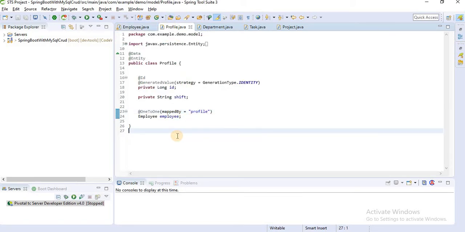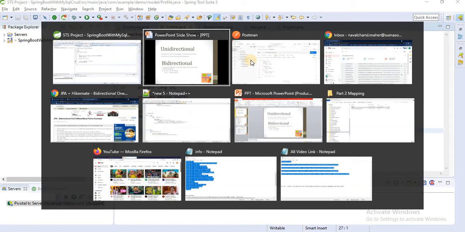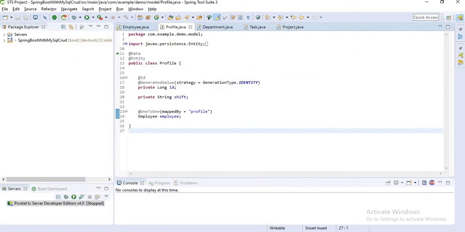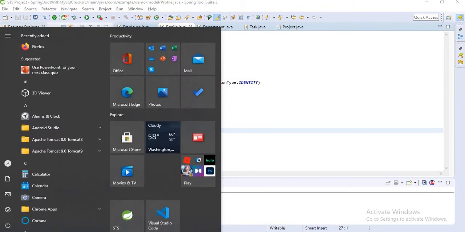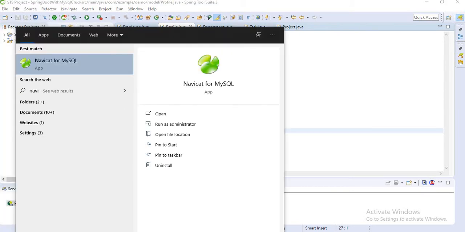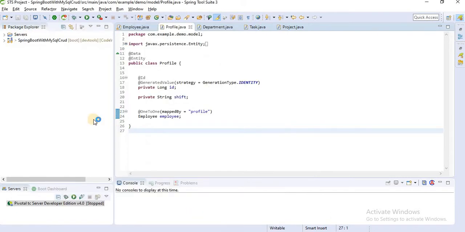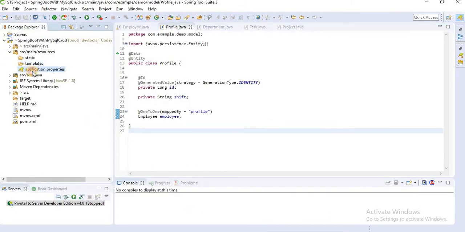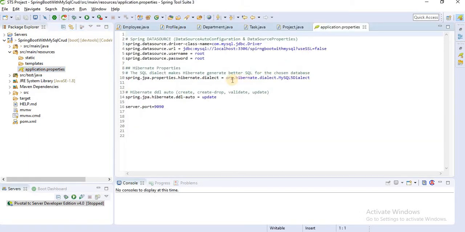Let's save. Let's go to our database. Let me check what our database name is, in the resource application.properties file. You can see our database name is springboot with MySQL.